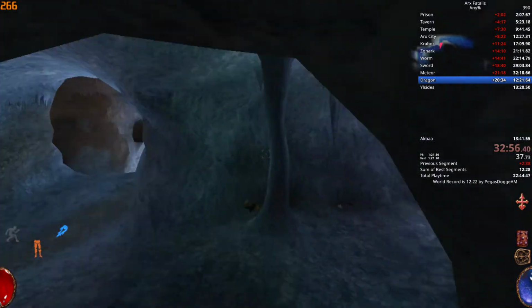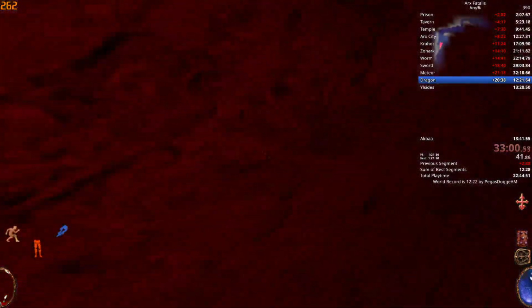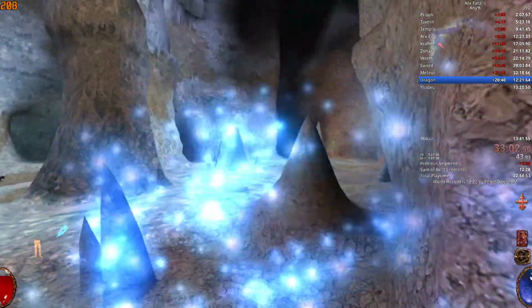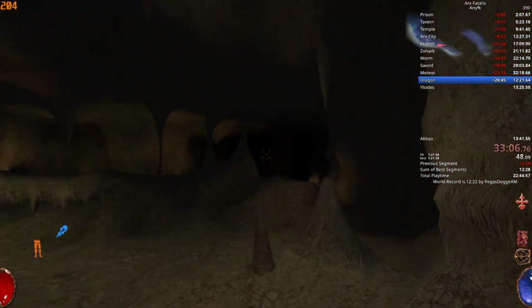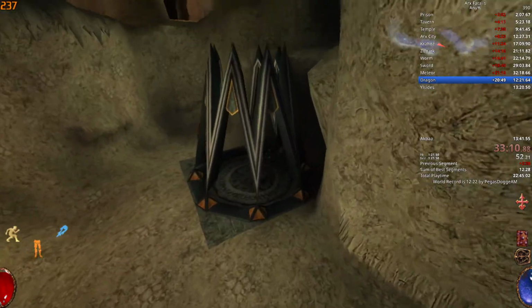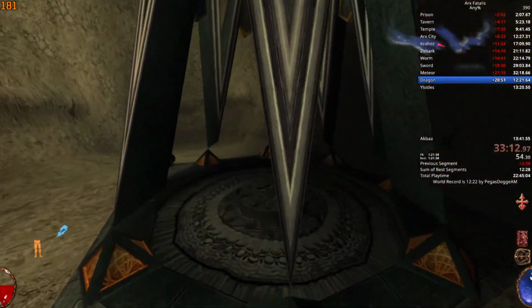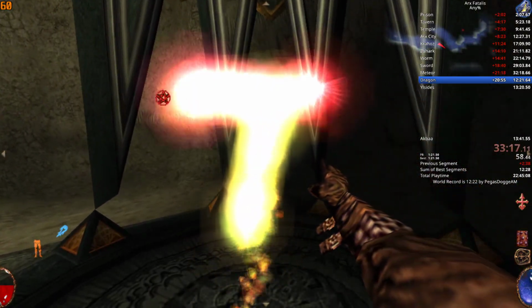And then you go back the same way you came. This can actually kill you, so I was very lucky I survived that. Be careful about that, you don't want to fall down. And here you set it to 60 FPS, cast a portal,